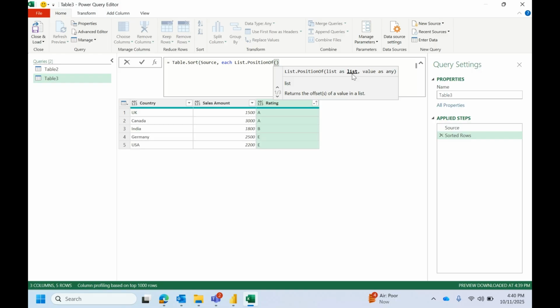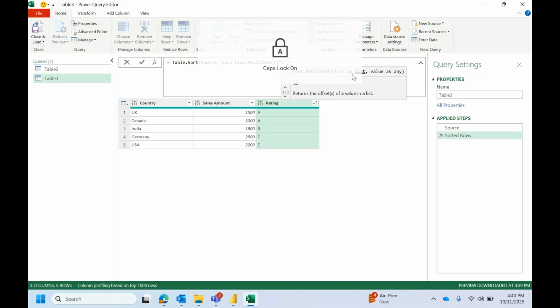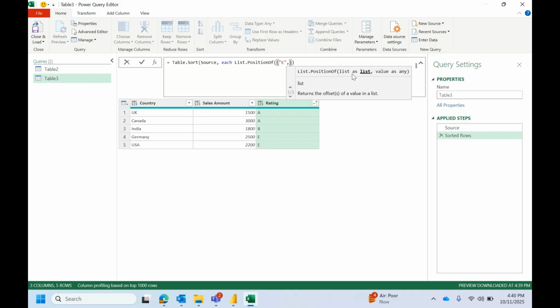Okay, so here in the curly bracket again we have to define our custom sort order. E is coming on the first position, A coming in the second position, and B is coming on the last position. So this is our custom sort order, and we can write here comma,